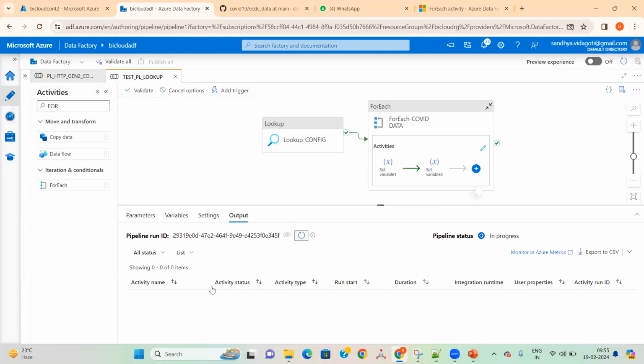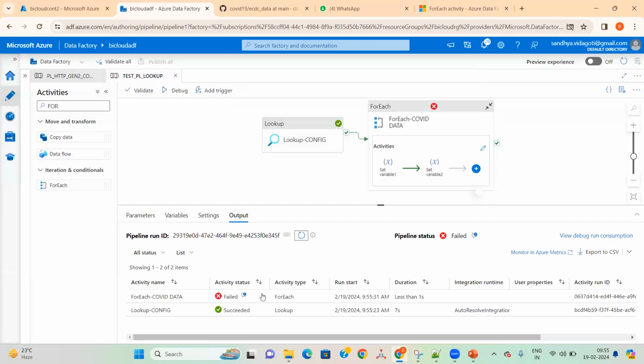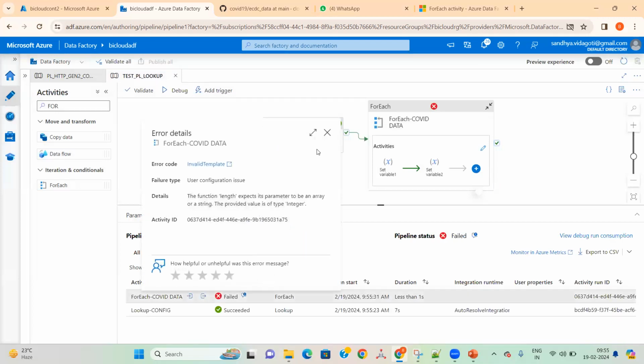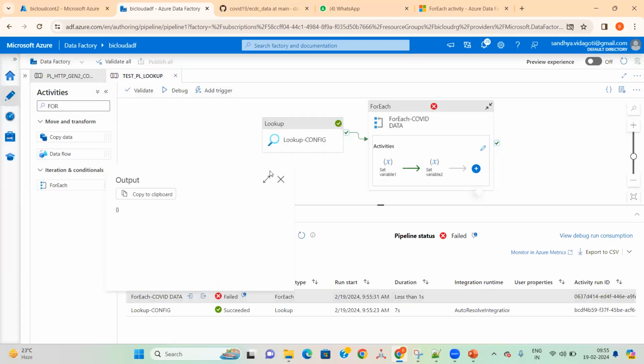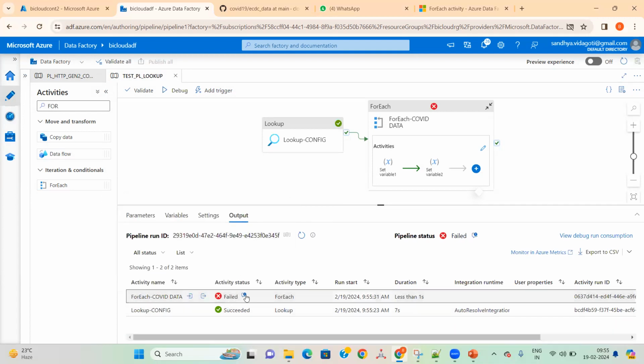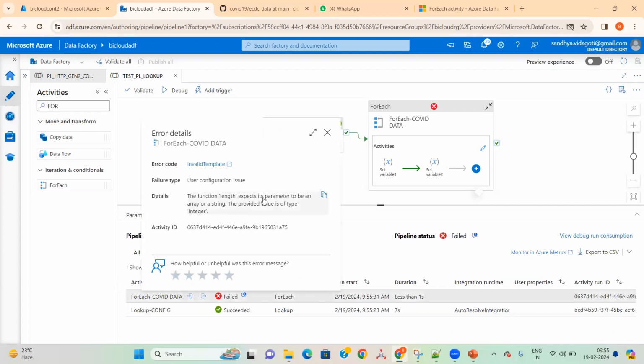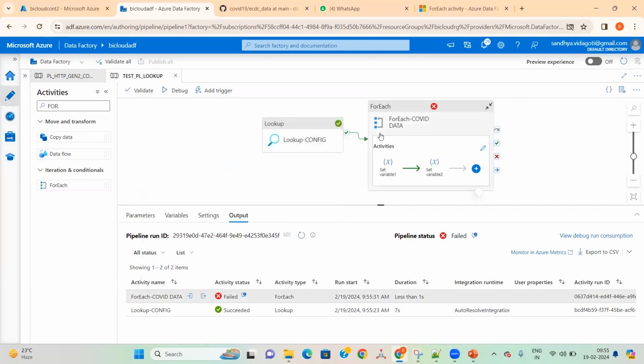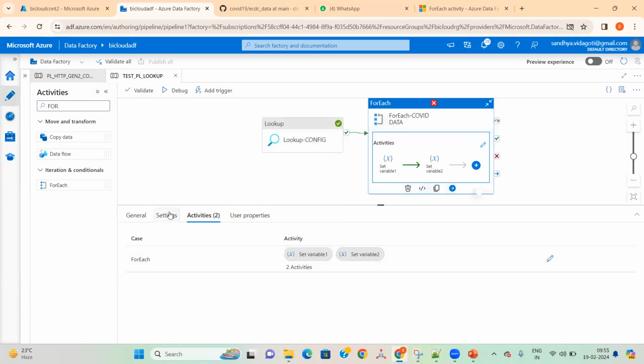Where is this? It's taking more time. See, just now got queued up. Succeeded. Oh, did you not publish this one? The function length expects its parameter to be an array, and the provided value is an integer. At the template,